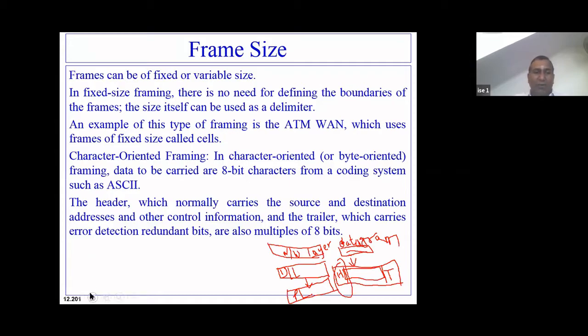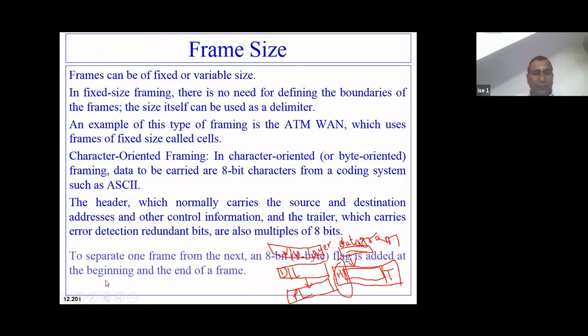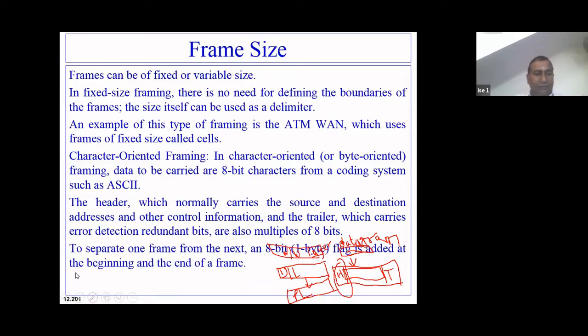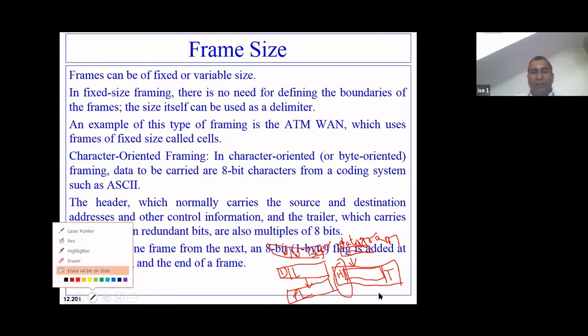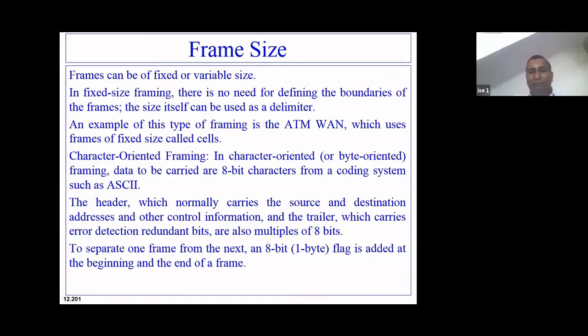So this is how the entire thing goes. Now, generally, to separate one frame from another frame, there should be a distinction between them. An 8-bit flag is added.